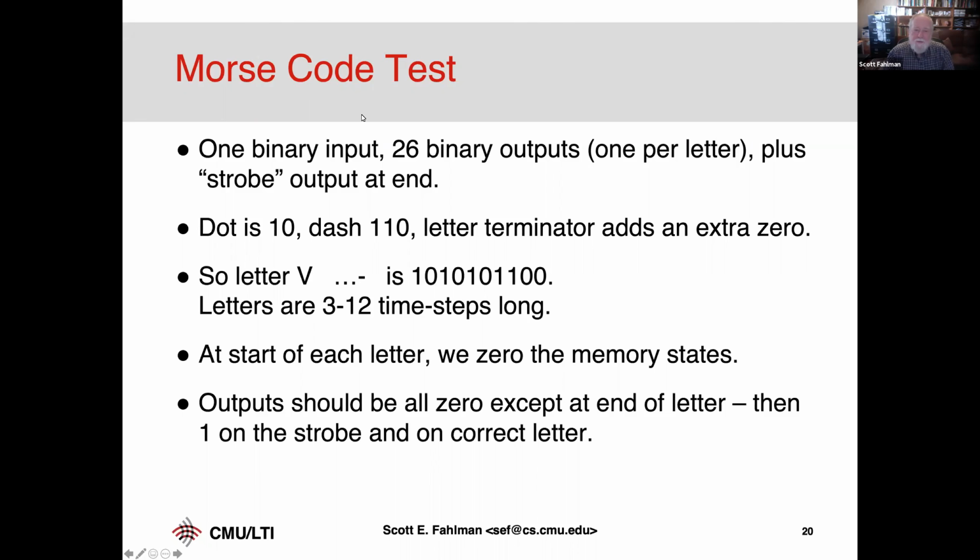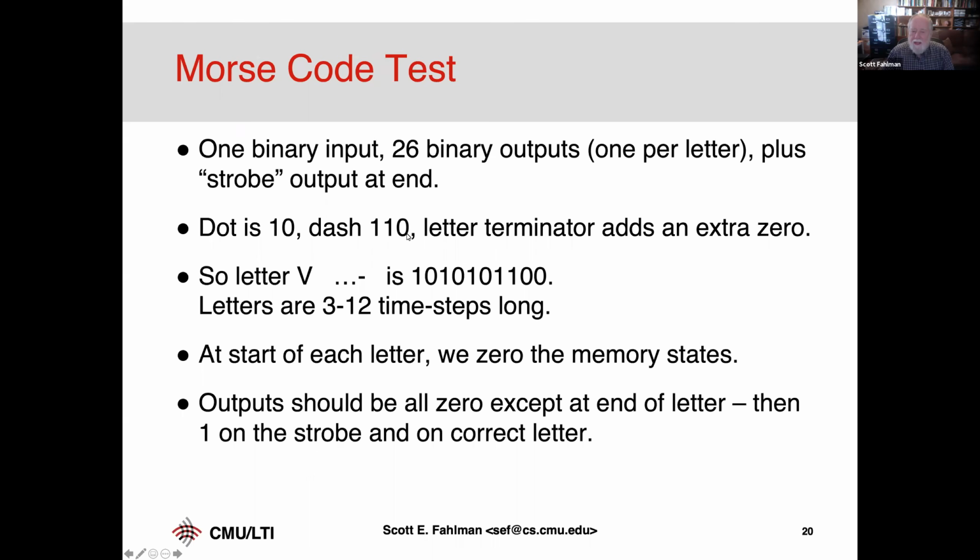But this is a code that was used by the telegraph people, and they would use long or short. So the letter V, for example, is dot dot dot dash. And dash just had a longer period of time that it was held down. So this is an analog string, but we quantized it. And dot is represented by a sequence of inputs that's a 1 and then a 0. So a little blip and then it goes down. And a dash is 1, 1, a longer dip, and then it comes down. So we use this as our input encoding.